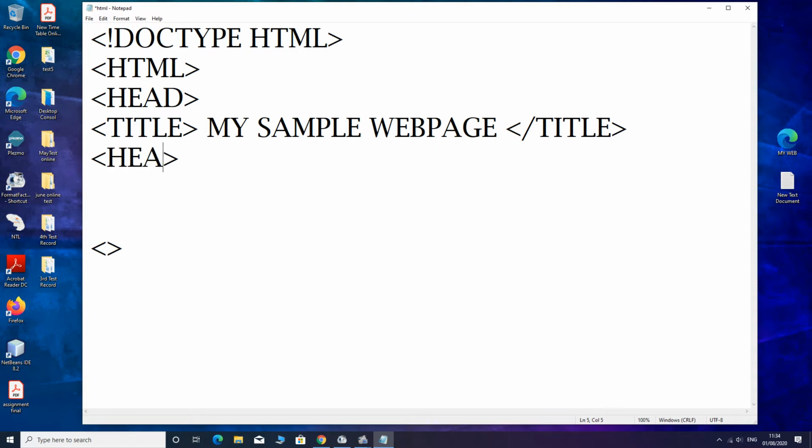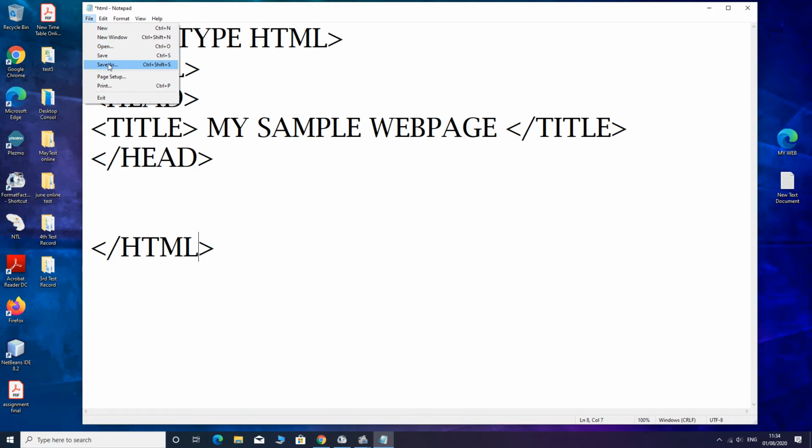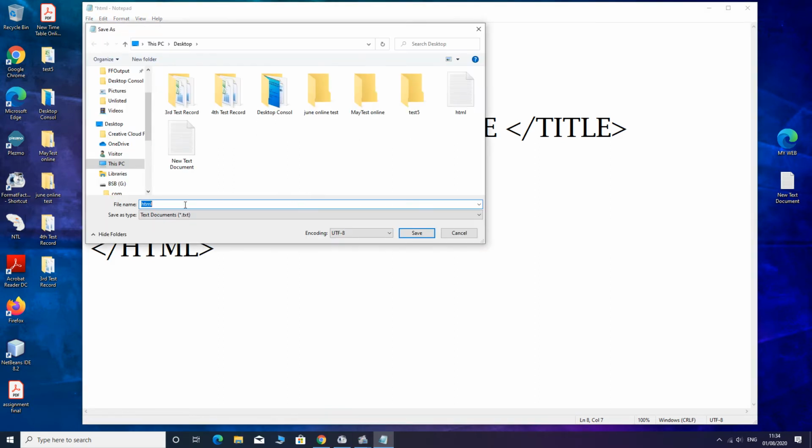Next, we will close the head, /head, and we will close this HTML program with the /HTML. Now we will save as the document with the extension .html.